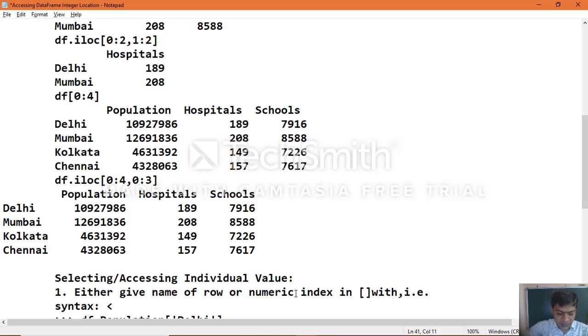Data frame object name, df object name, followed by dot, then column, followed by the column of row name or row number.